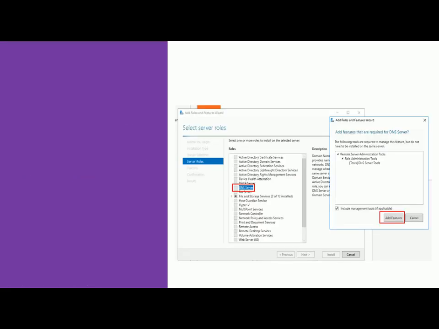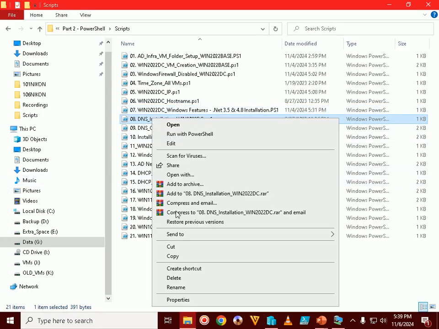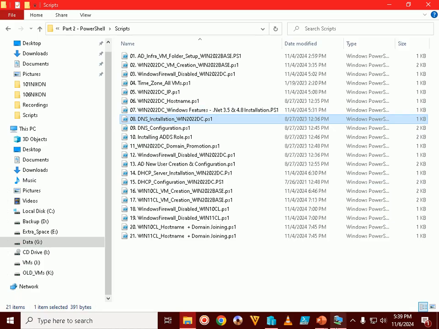Now next is, we need to install the DNS server now. So execute PowerShell script number 8 from the Win2022 DC system to install the DNS server role on the Windows 2022 DC system. So I will go back and I will copy the 8 script, copy it,